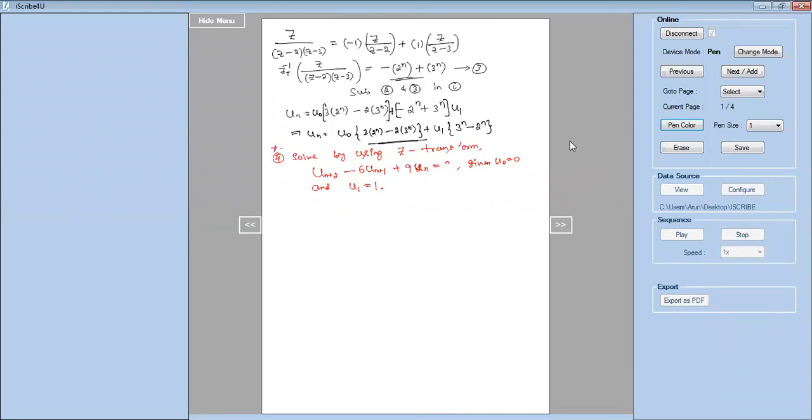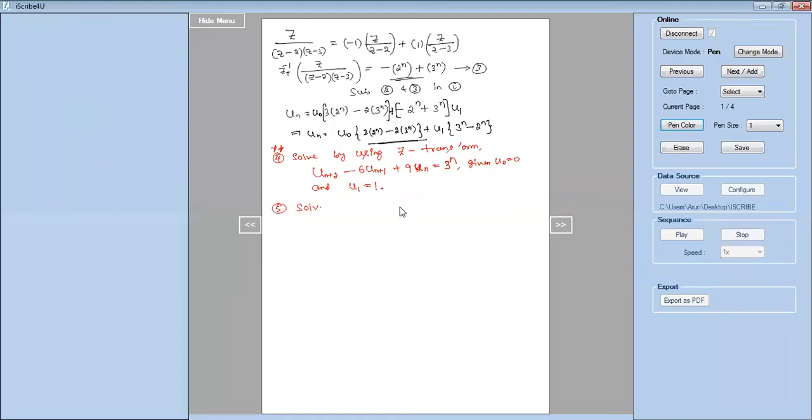So this is one of the important problems, guys. This is 3 power n. So un plus 2 minus 6 into un plus 1 plus 9 un is equal to 3 power n, given u0 is 0 and u1 is 1. So try this problem. And similarly, the fifth one,